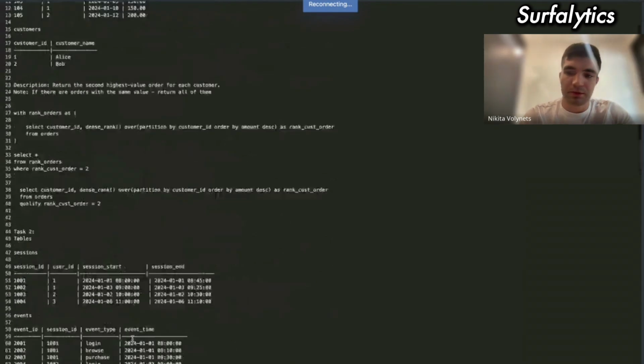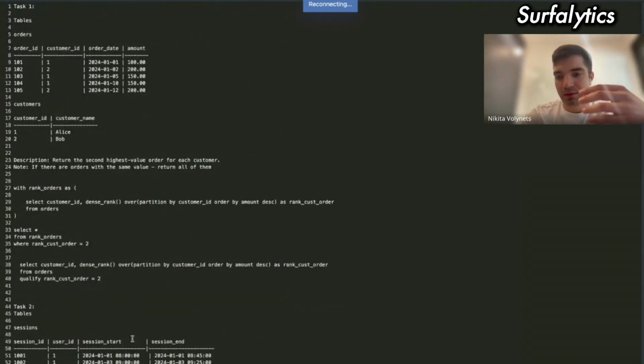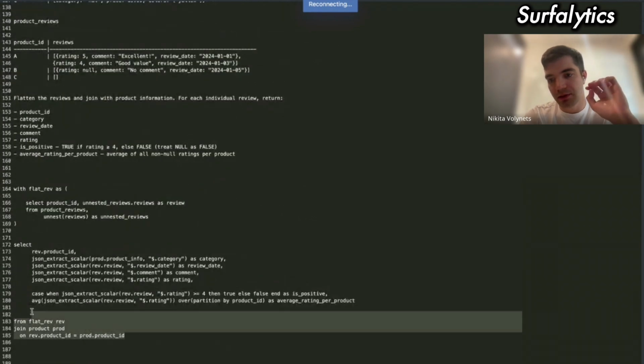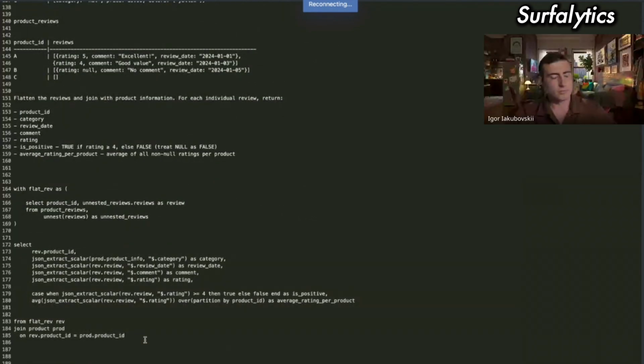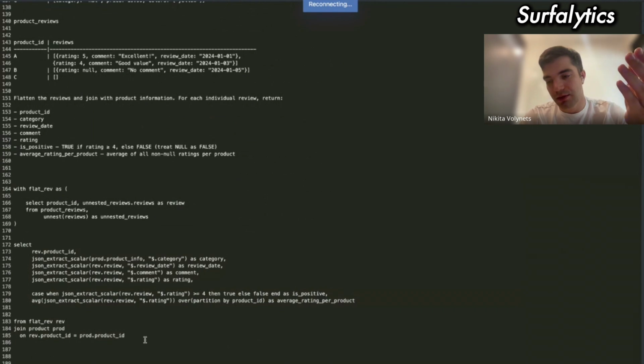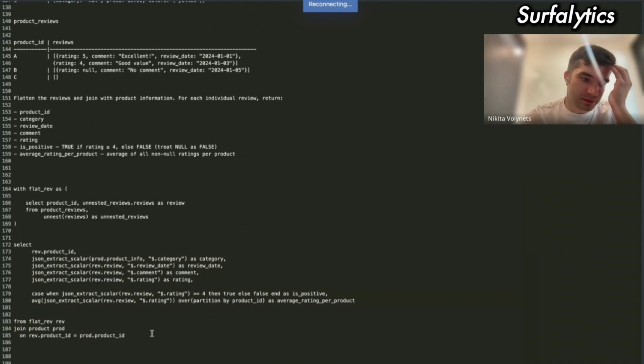You did it at the end, but it would also help if you say, I will flatten these tables using this function, then join these two tables and calculate everything, and then start typing. It's easier for me to follow your code and understand what you are trying to achieve. It's not major stuff, just tips, but in general you did a good job.